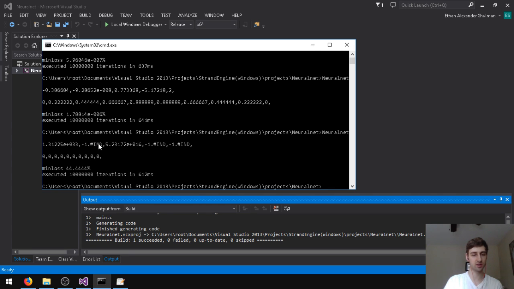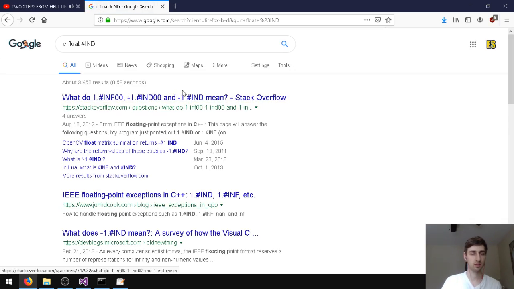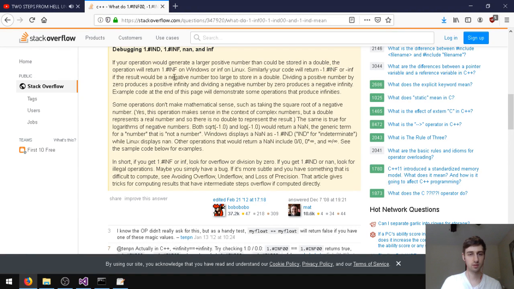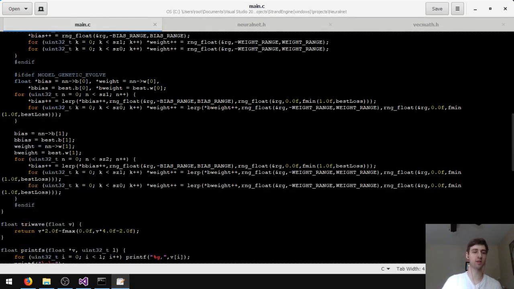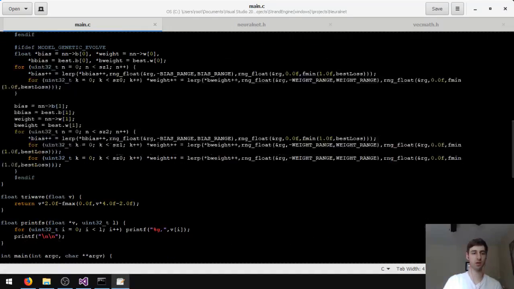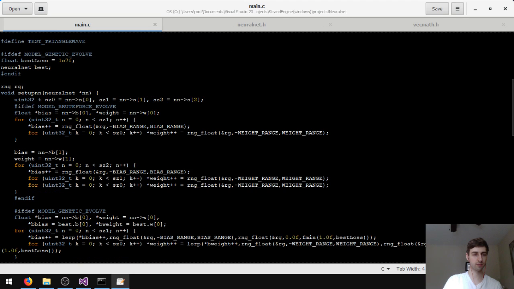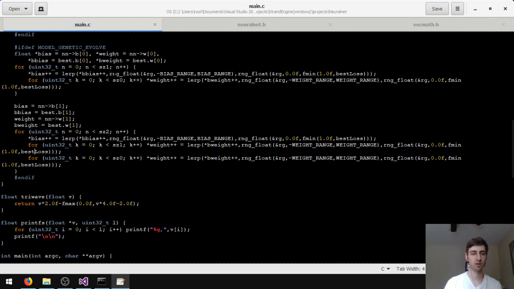But the one question is, what the hell is happening right here? Ind. C float. Oh, so it's infinite. The result, a negative number, too large to store. Oh, so it's a negative number. Something is getting too large here. I don't think it's the best loss being fed in. Maybe it's